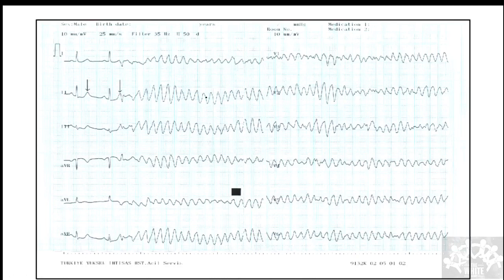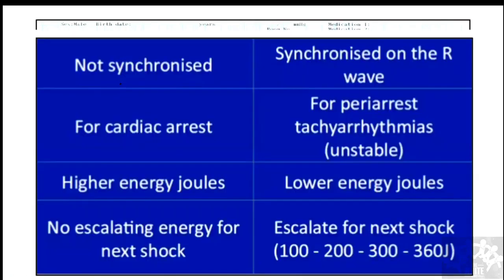Okay, so this phenomenon is called the R on T phenomenon, because a depolarization will cause an R wave, correct? So the R wave on top of a T wave is just called R on T. It is just a fancy name, R on T phenomenon. This is dangerous because it can cause what you are seeing here, Torsades or ventricular fibrillation. So this is the importance of R on T. Okay. So this brings us to an important concept called cardioversion and defibrillation.